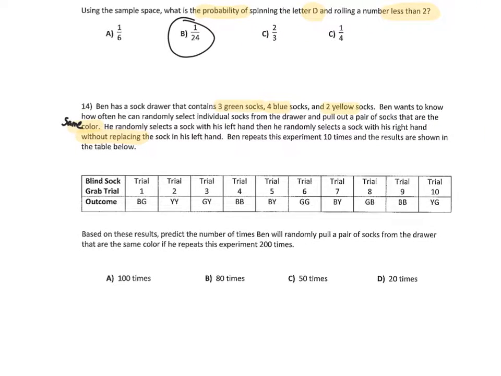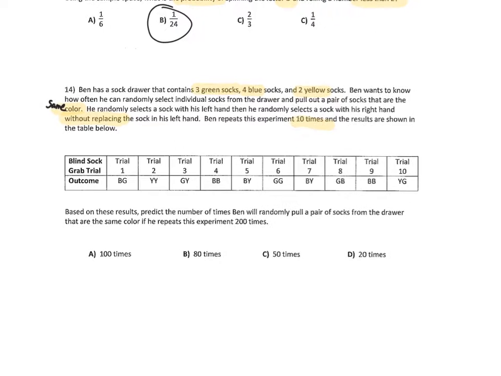Ben repeats the experiment 10 times, and the results are shown in the table below. So based on these results, predict the number of times Ben will randomly pull a pair of socks from the drawer that are the same color if he repeats this experiment 200 times. I would not do that. Okay, so out of the